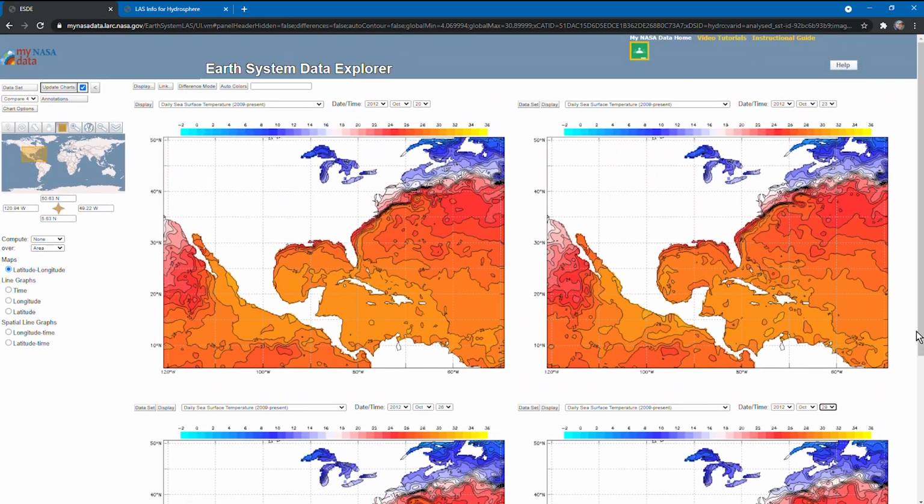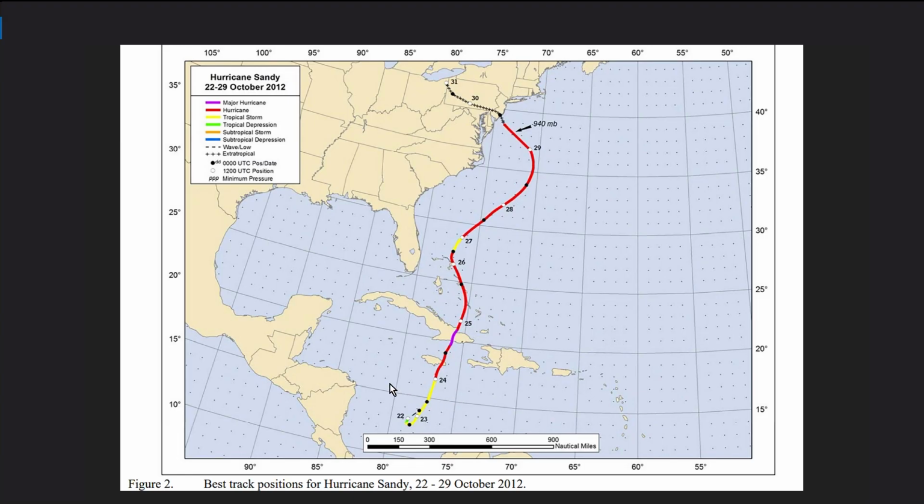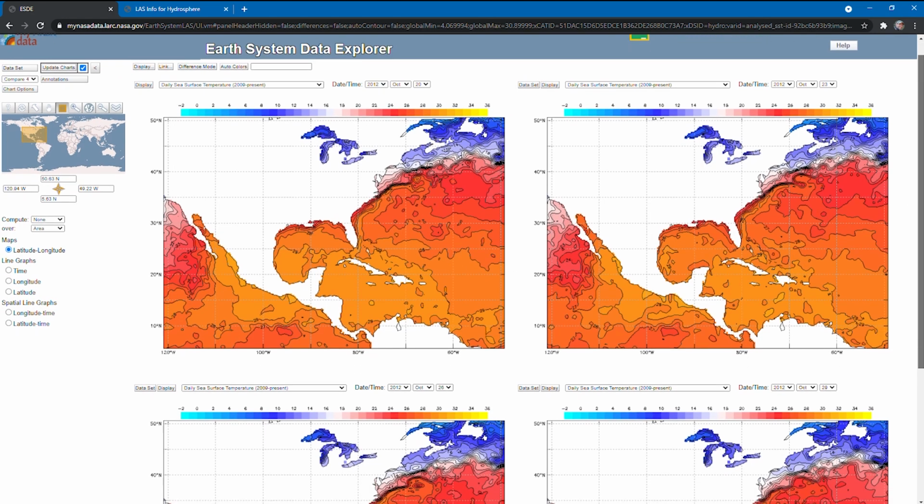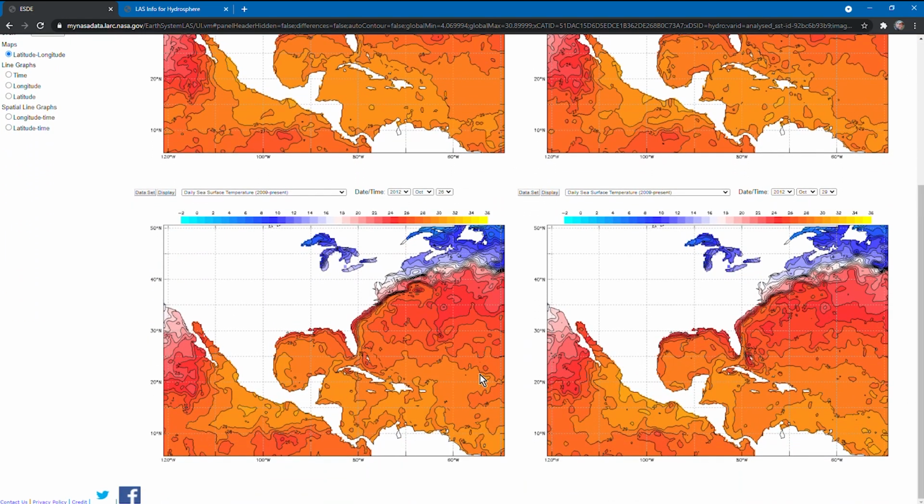Just before Hurricane Sandy became Hurricane Sandy, we can notice this brighter orange region here just off of Central America, and we know that Hurricane Sandy is entering as a tropical storm at this point. Now if we recall, Hurricane Sandy on October 23rd is going to continue to be in that area. We can actually see more disturbance in the sea surface temperature, so now we're actually noticing a sort of cooling trend. If we look 3 days later, we know that Hurricane Sandy on the 26th is now off the coast of Florida in this red region.